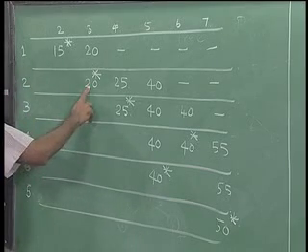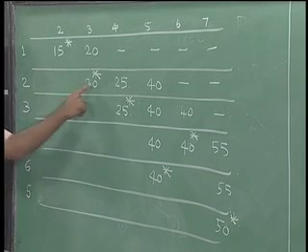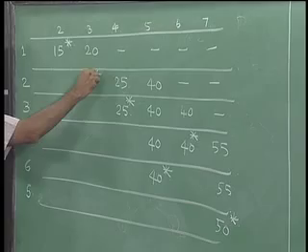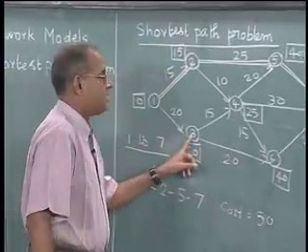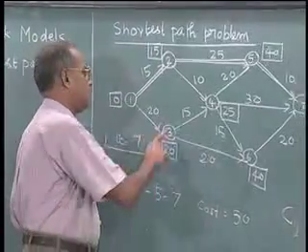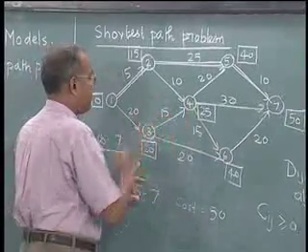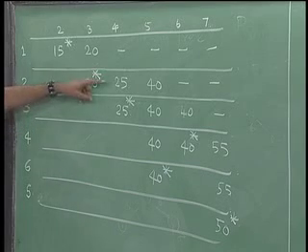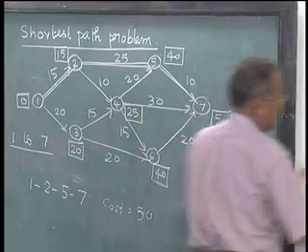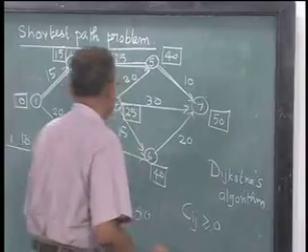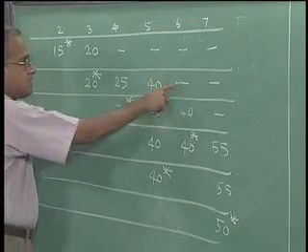Now, we have 3 values 20, 25 and 40, and out of these 3 values we pick the minimum one, which happens to be 20, and then we mark a label here. Now, since 3 is marked, we write 3 here and then go back to this network to see what are all the things that are reachable from 3, and they turn out to be 3 to 4 and 3 to 6. So, 3 to 4 is 20 plus 15, 35. Now, 35 happens to be more than this 25. So, we retain this 25. Now, 5 is not reachable from 3. So, 40 remains as 40. Now, 6 is reachable from 3, 20 plus 20, 40, 40 being less than infinity, this infinity value is changed